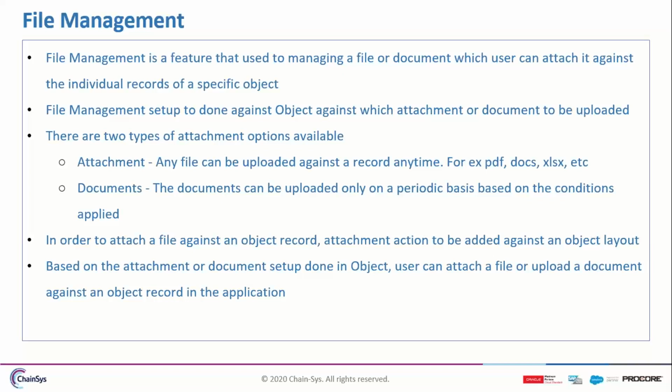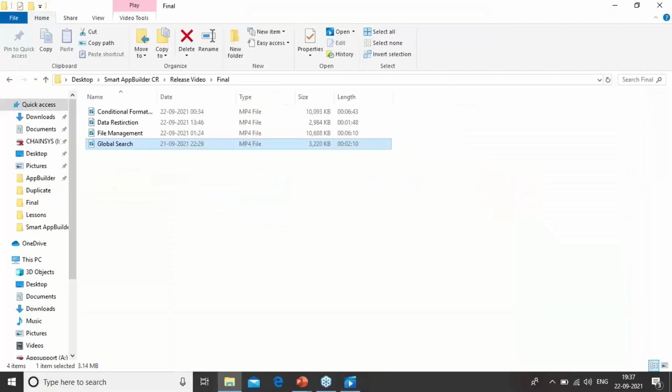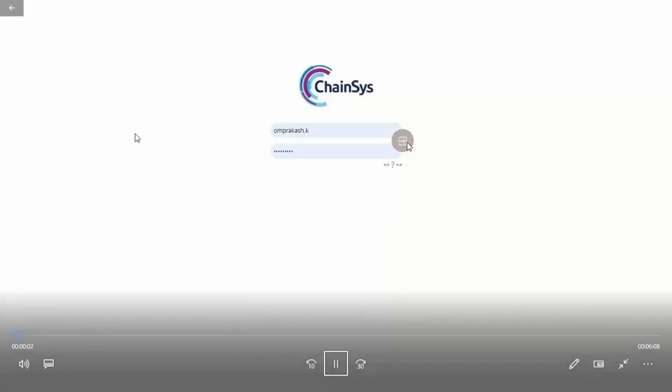Based on the attachment or document setup done in the object, the user can attach a file or upload a document against an object record in the application. So next we will move to the video of file management. Okay, login page of Smart App Builder.